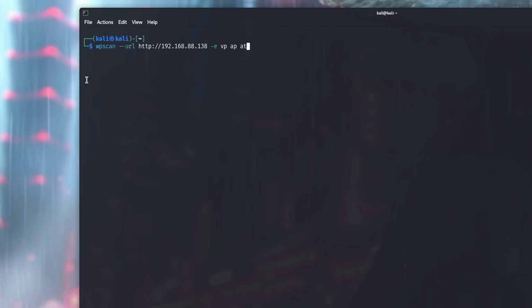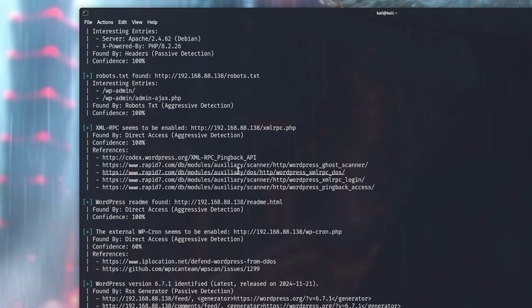So if you use wpscan, it is installed on Kali by default. You use the domain or the address or whatever you have. In this case, because it's a virtual machine, I use an IP address, but you can use your domain or whatever you really have. And if you use the E flag with these 3 flags, I will enumerate everything, right? So let me just run this, and as you can see, in a second it's going to find a